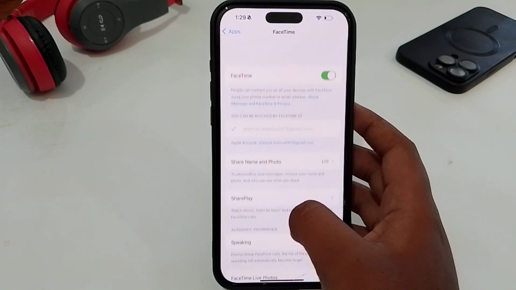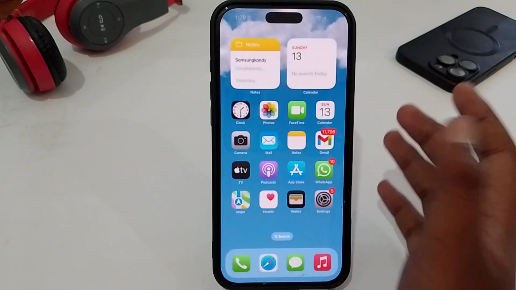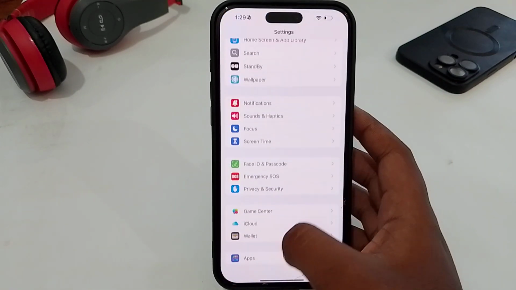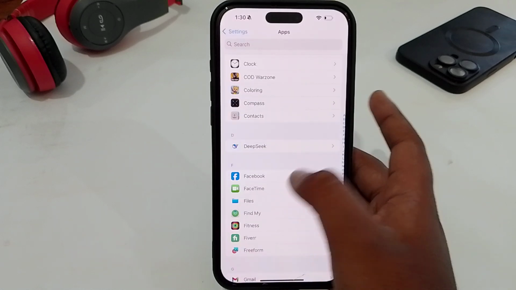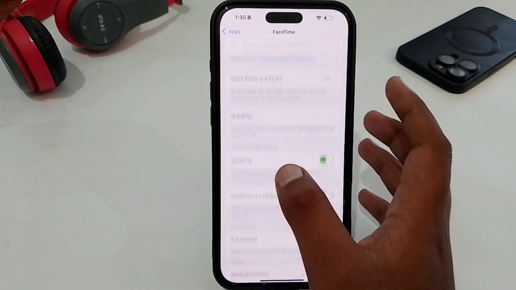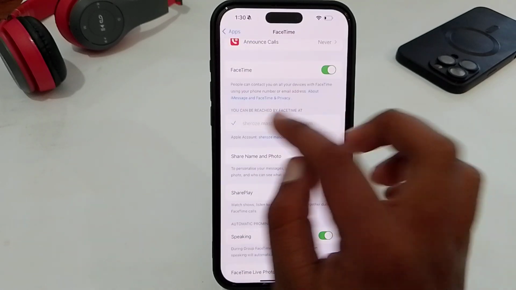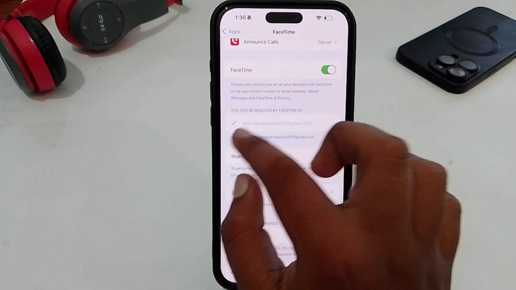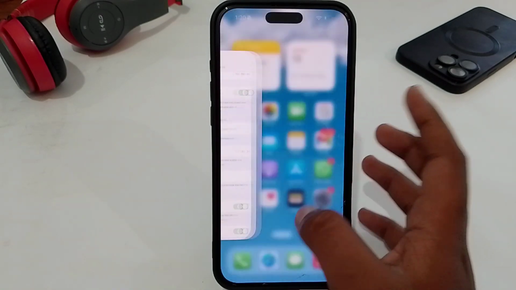But if you don't get these settings here, you have to relaunch the settings app, then apps, and here select FaceTime, and here you will get all the settings of your FaceTime app, and now you will be able to use your FaceTime. Here is this Gmail or your Apple account which you have to use, and after that, now